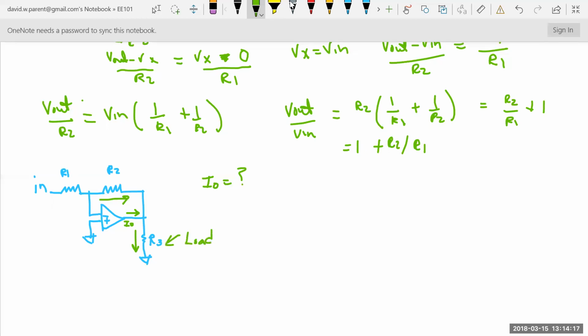And you might think that's really going to change things, but the op-amp is ideal. It's also an ideal voltage source, right? So whatever V out is, this can supply